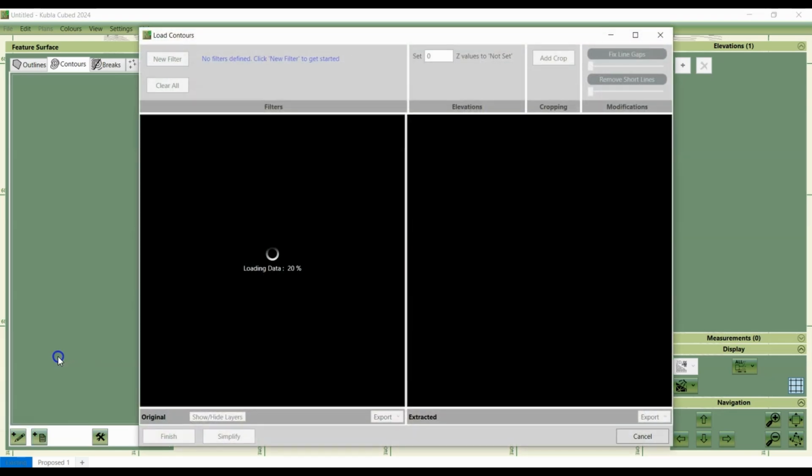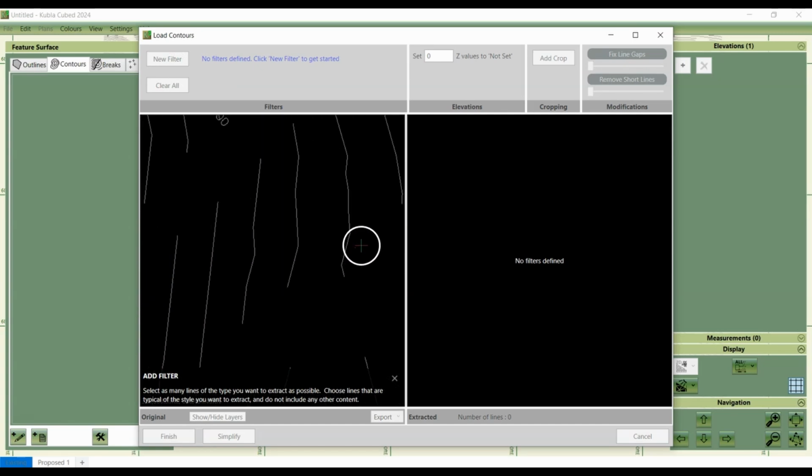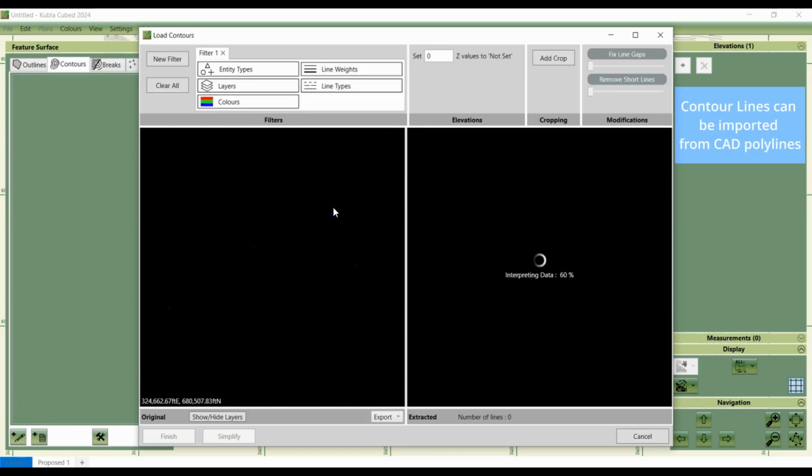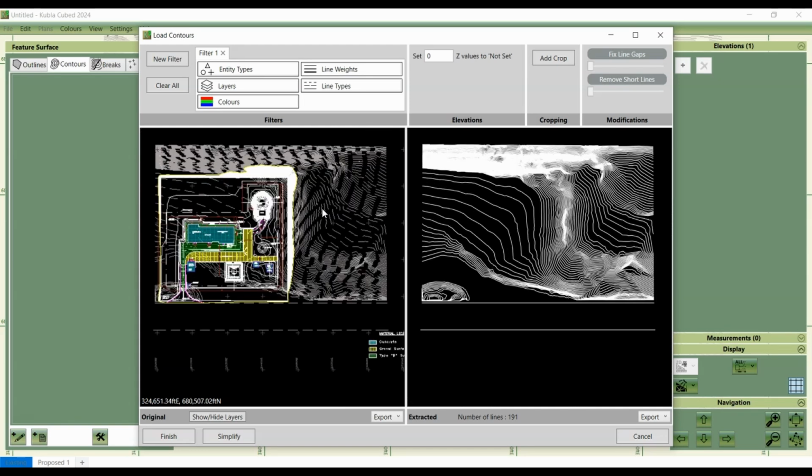Okay, so this is now a good time to go over the CAD Entity Importer, so this window here, and how it works. This type of importer is used for both PDF and CAD files, and it's really worth mastering. In CAD there's a command called Select Matching, which when you select an entity, it will select other entities that have the same characteristics. So we've implemented something similar here. You set a filter on a small sample, so click New Filter, and find a sample of existing contours, and the system will then find all entities that match those characteristics based on that filter's attributes.